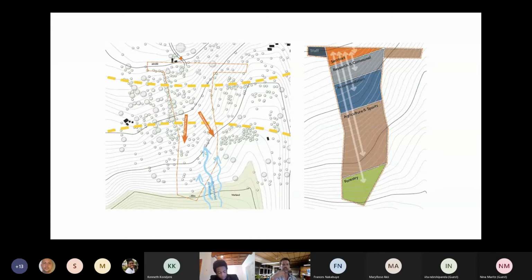It was quite clear, given that the site was accessed from the top, that there was a certain functional arrangement that we wanted to follow. That was that all our services we wanted to deal with right away at the beginning. Then we wanted to focus on research and communal activities, accommodation, then agriculture and sports, and eventually forestry. You can also see on that left drawing that there were quite a lot of existing trees there. They were all focused more on the western boundary, and we later took the decision to use that area for our buildings, perhaps a bit unusually, and continue to use the rest of the open land